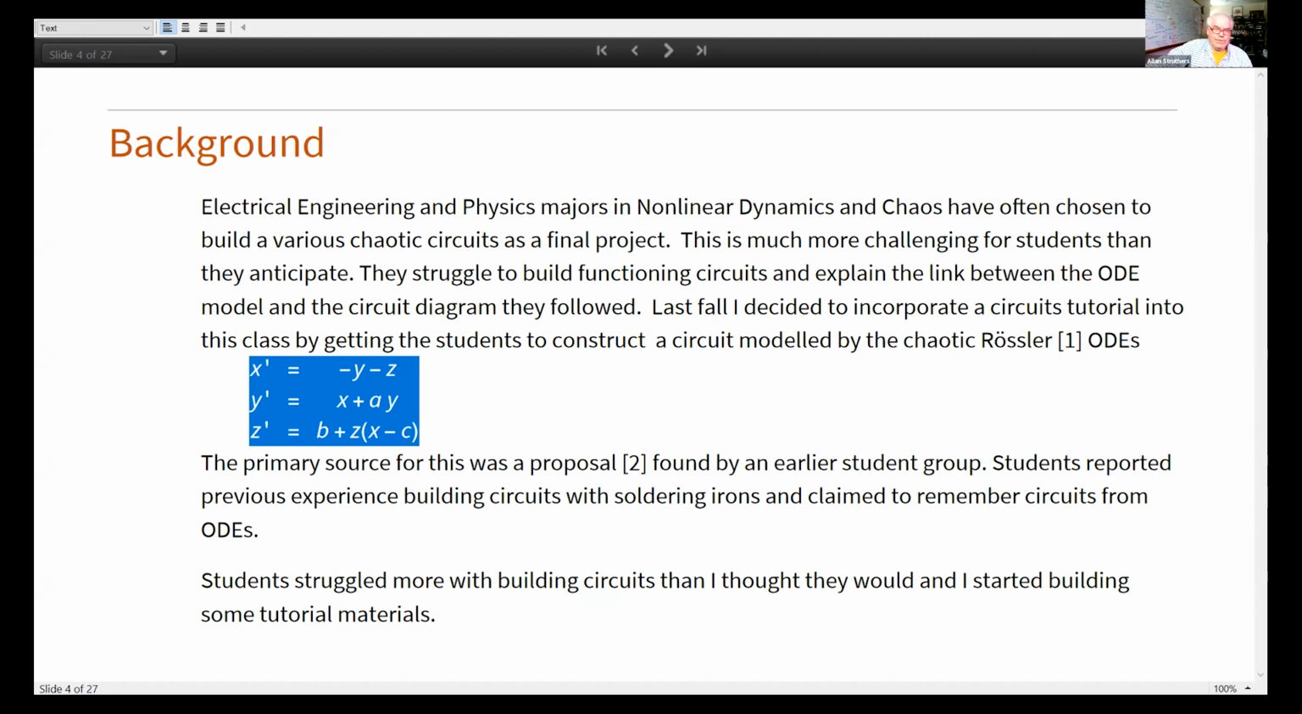This is unusual: all the students report some previous experience building circuits with soldering irons and claim to remember circuits from ODE's class. It's a senior level class, so they all say that they know how to do this, and essentially none of them, including electrical engineers, can do it. So they struggled more with building the circuits than I thought they would, and I started building some tutorial materials. We're going to talk a little bit about those tutorial materials, see some student work, and try to think how we could